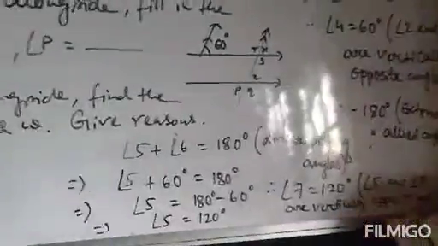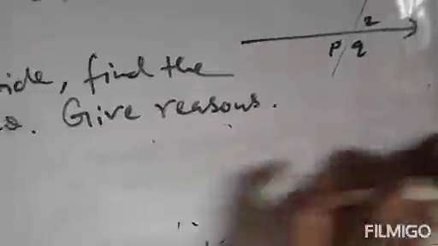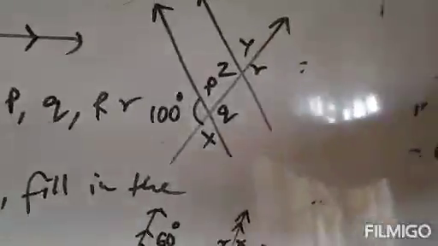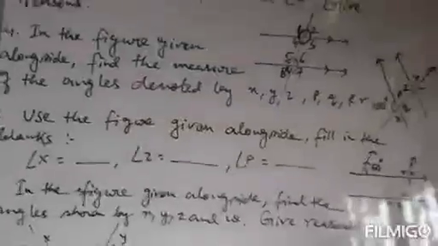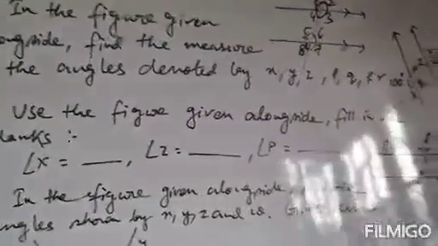So we have got all these angles. We will solve this question like this, one by one. So we have got angle 2, angle 3, angle 4, angle 5, angle 6, angle 7, and angle 8. All the angles are calculated. Next question,